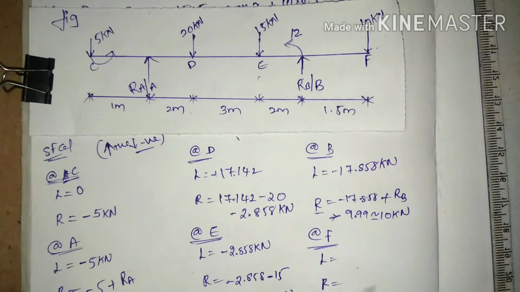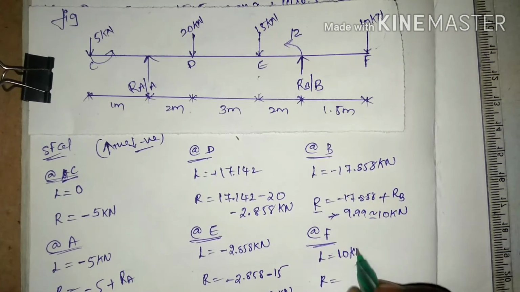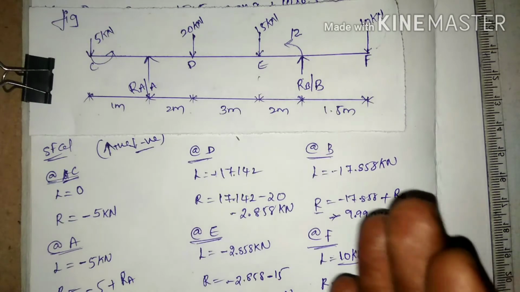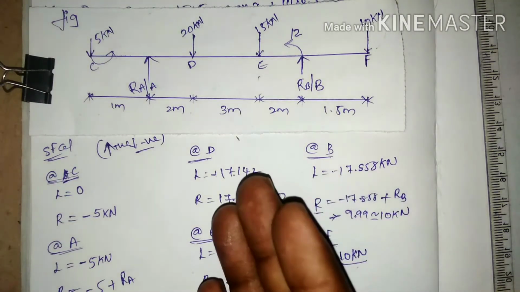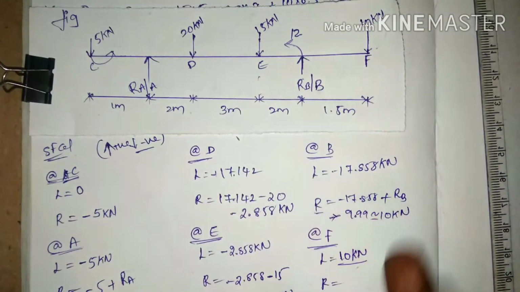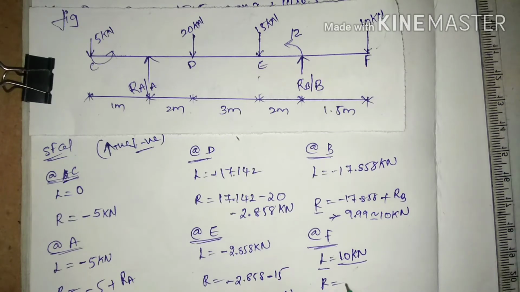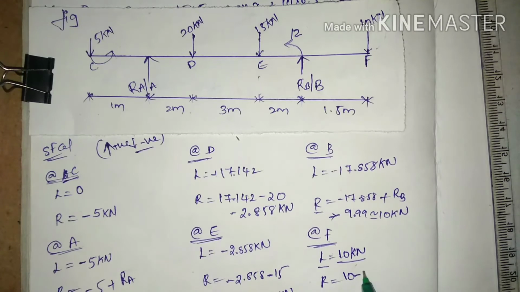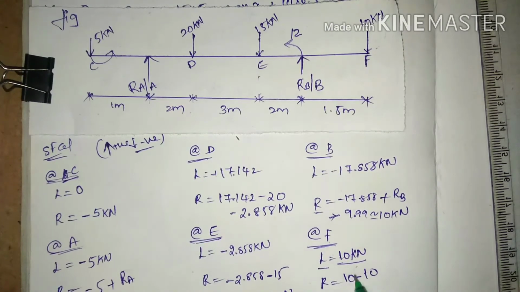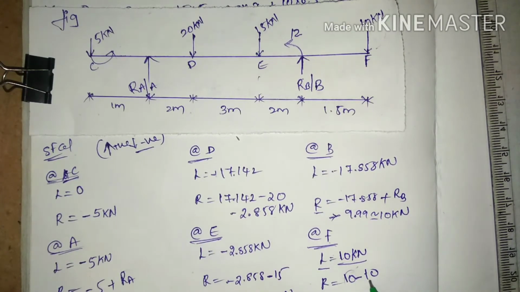And moving on to the F, for the left of the F, the same 10 kilonewtons is going to act, because it is similar to the right of the B, so for the left of the F, we are having 10 kilonewtons. When moving on to the F right, we are having a downward point load, that is the downward direction, so that is negative, and up to the left we are having a 10. After the right, we are having minus 10, that is going to be 0 on the reference line.